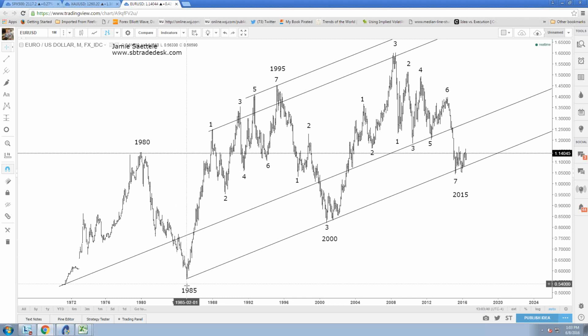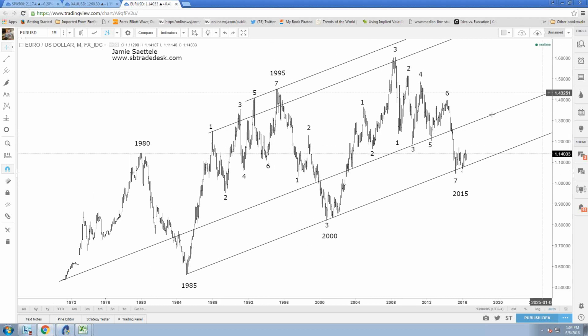I don't have the notes right in front of me, but I think I remember it pretty well. You've got 15-year intervals between tops. Obviously, the euro came into existence right here. It had been around but not traded, so before that is a synthetic euro rate, mostly Deutsche Mark rates. What you've got is 15-year intervals between peaks, 1980, 1995, and troughs, 85, 2000, 2015.